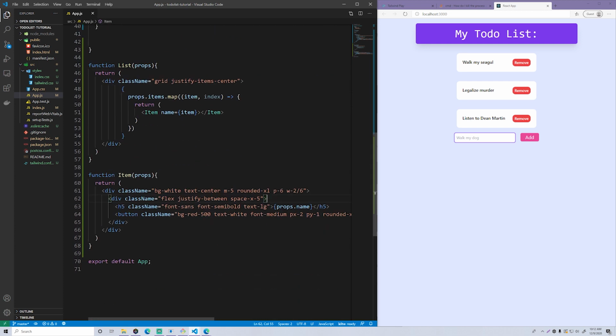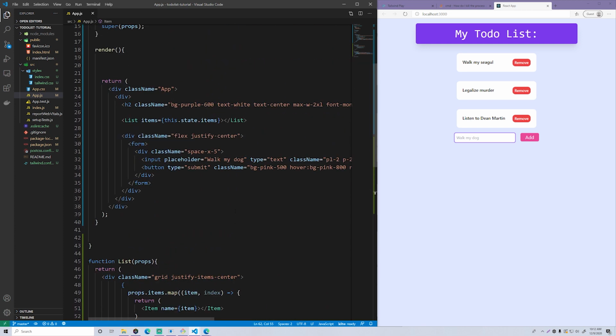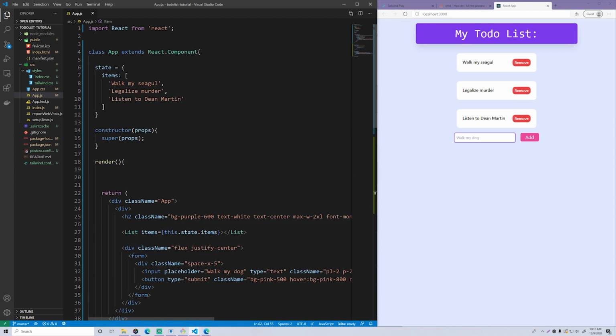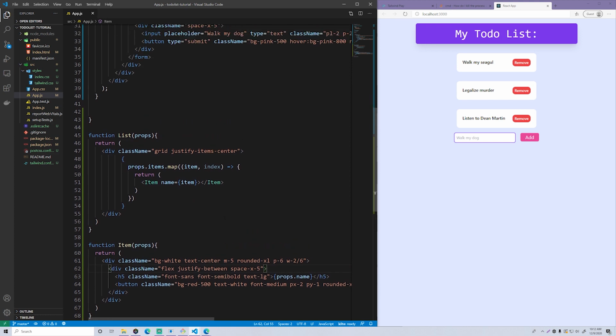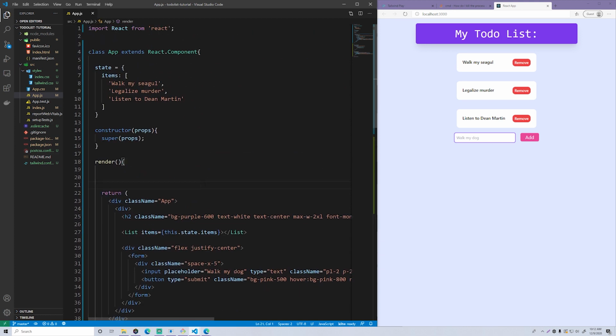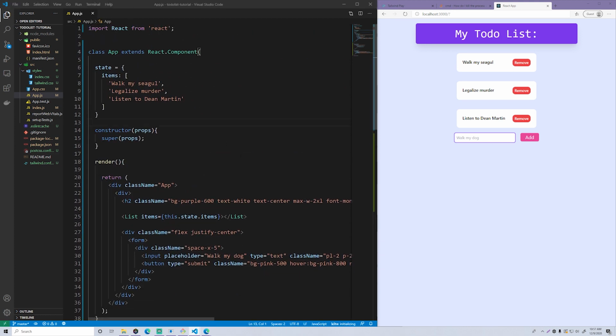Like I said, this is not a tutorial on React.js, so if you've never touched React before, then this is probably very confusing, but if you have, then this should make sense. It's pretty basic stuff. Okie dokie, so let's continue here and make it so that whenever you type something in here and then click add, it actually adds it to the list.